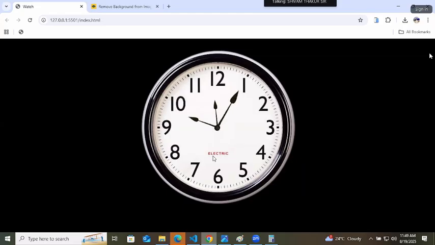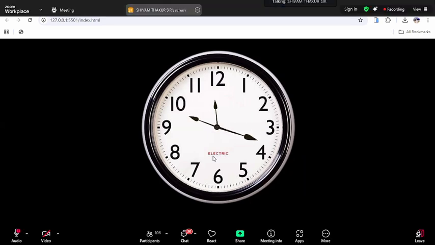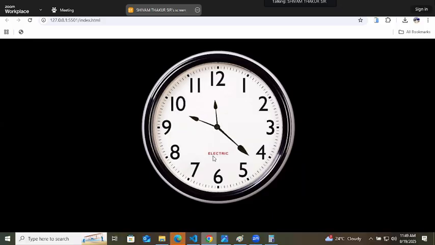And after every minute, the minute hand will move. So we will test it for 2-3 minutes. We want to check if the minute hand is also rotating with the second hand or not. And then we will close this project. That much only is needed here. So after every second, the second hand is rotating.